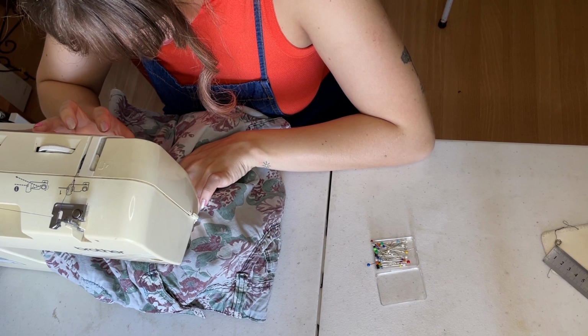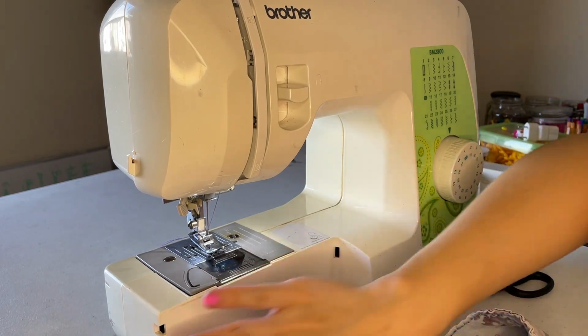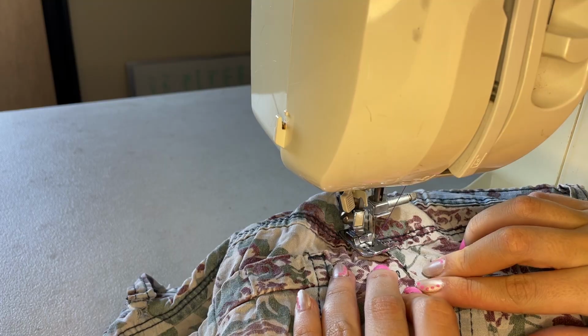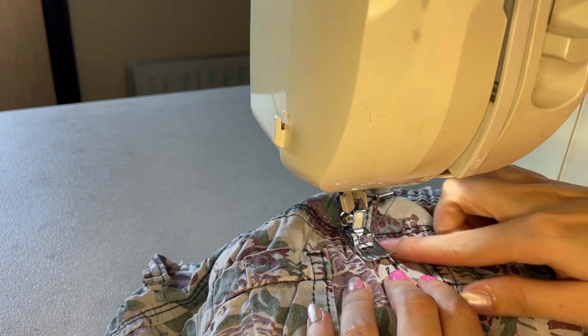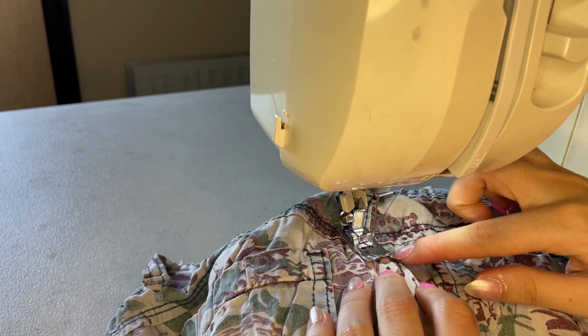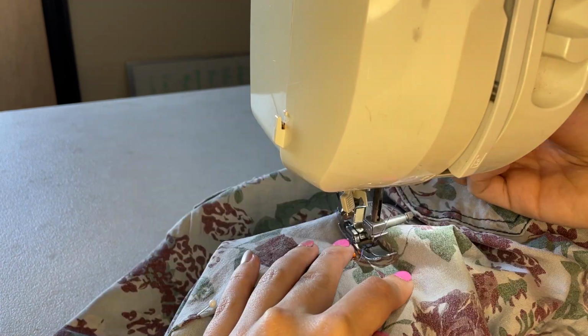So this is the back. I'm going to be stitching along here. I took this part of the machine off just so that I have a narrow part, because all of this has to go inside. And I will just keep the edge of the foot of the machine aligned with the edge of the fabric that I'm stitching. Bring the foot up,